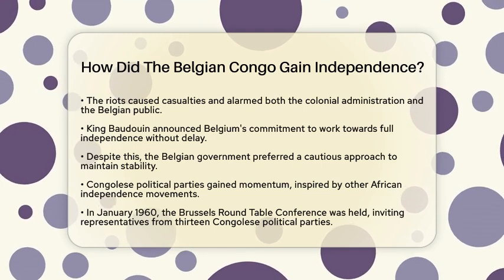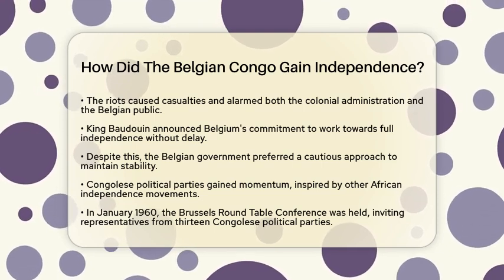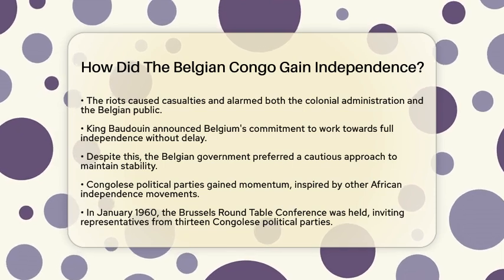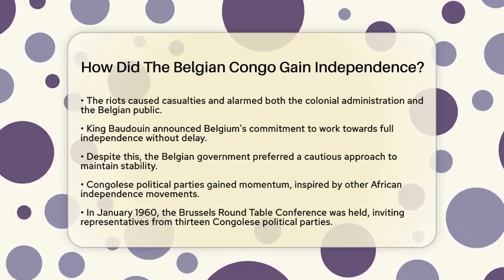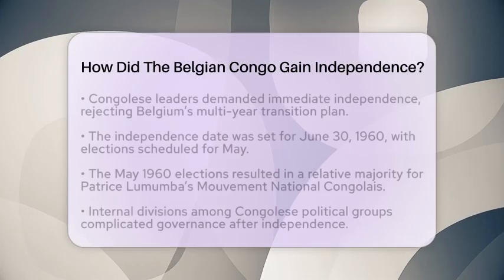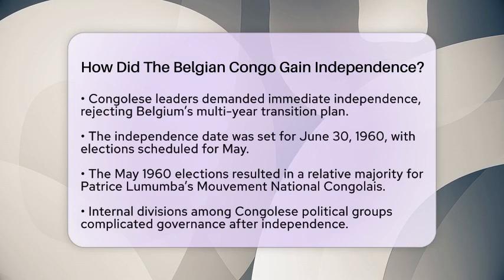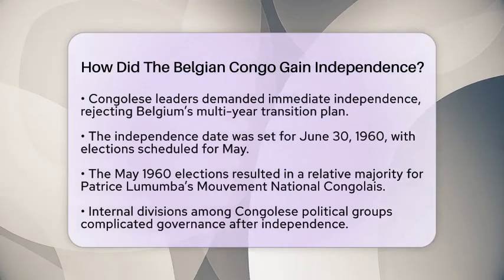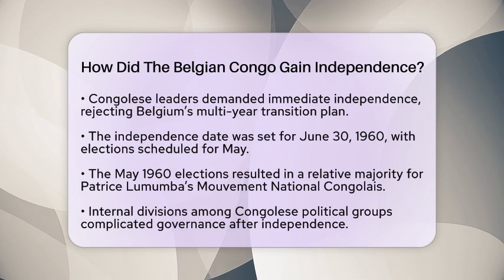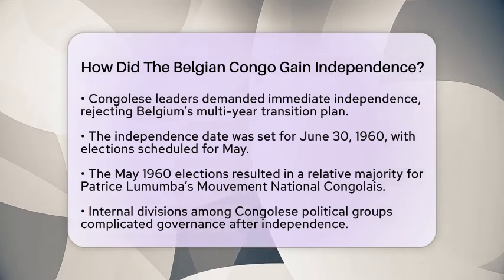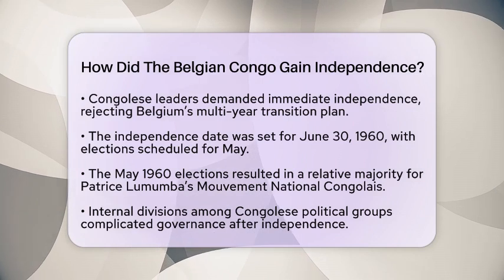In January 1960, the Belgian government held the Brussels Round Table Conference. They invited representatives from 13 Congolese political parties to discuss the future. At this conference, Congolese leaders demanded immediate independence, rejecting Belgium's multi-year transition plan. United in their demand, they set the independence date for June 30, 1960, with elections scheduled for May of that